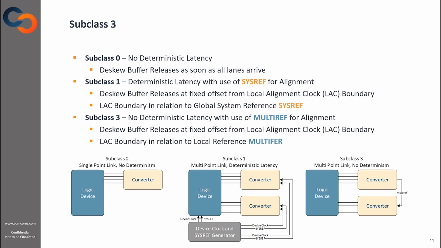In subclass 1, as before, SYSREF, that is in sync with the device clock, is distributed to all the components in the system, giving a precise timing reference allowing for deterministic latency. And in subclass 3, there is no deterministic latency, however, a multi-ref signal is shared across devices on a multi-point link, allowing them to have a common local reference used for aligning lanes on a common local alignment clock boundary,